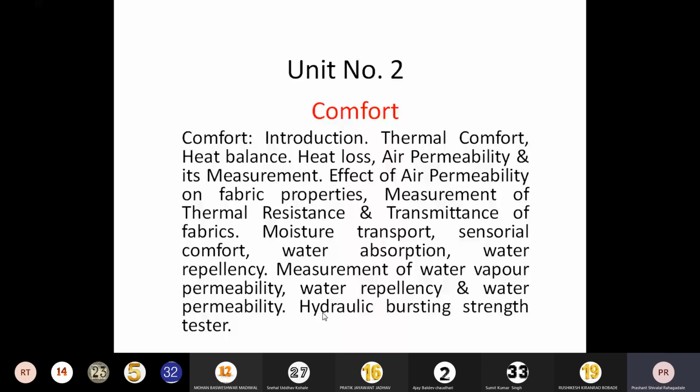And we also discussed the wearer trials and laboratory trials, and the difference between them. From that we concluded that no doubt wearer trials are very good, but they are expensive and time consuming. Where you require exact, accurate data, or sensitive information, then we can go for wearer trials. No doubt it is costly, time consuming, a little bit complicated, but at least it will give you the exact results